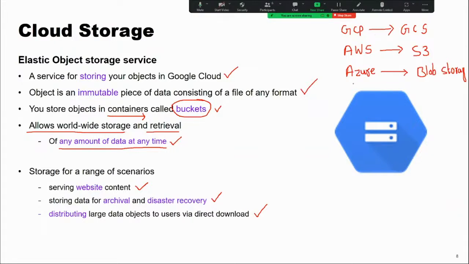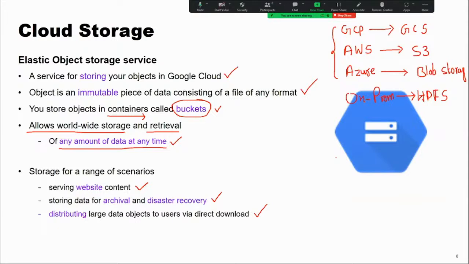Okay. So if you go on-premises, what is that? HDFS, Hadoop Distributed File System. So these are all acting as data lakes in different environments. Earlier we used on-premises HDFS as a data lake, but nowadays we are using cloud platforms, and GCS, S3 buckets and Blob Storage are the data lakes.